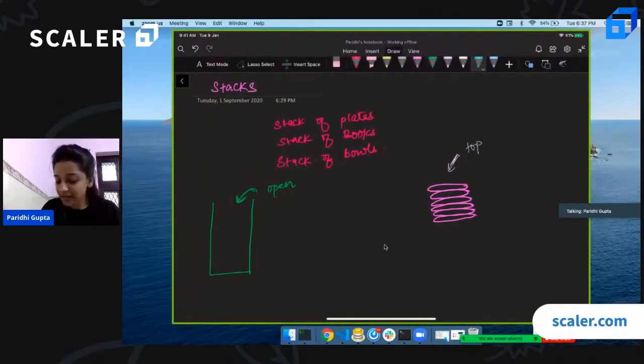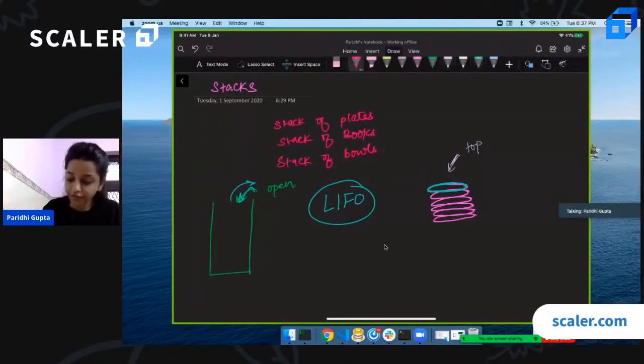As I was saying, we can only insert an element from one end and remove an element from that end only, and therefore stack is known as a LIFO data structure. As you can see in the stack of plates over here, the plate which was inserted last will be the first one to come out. That is last in, first out.